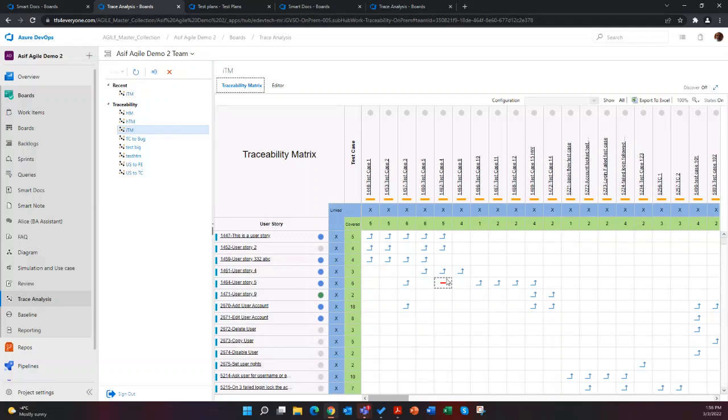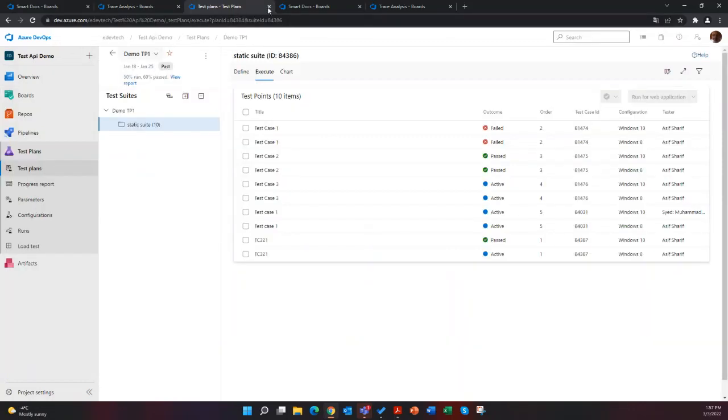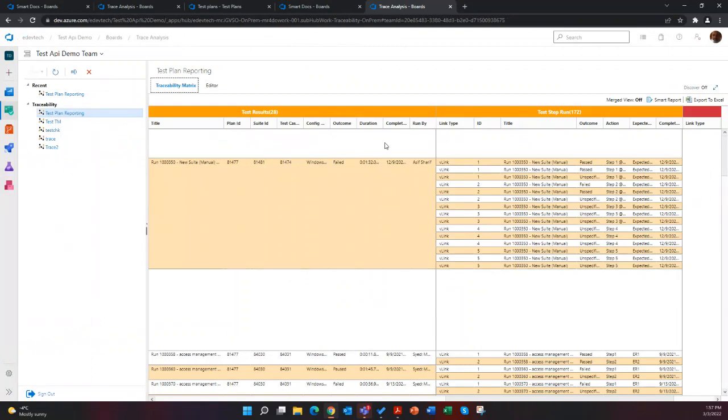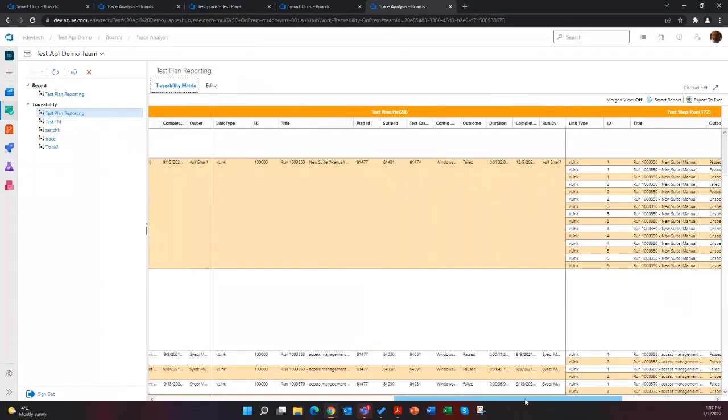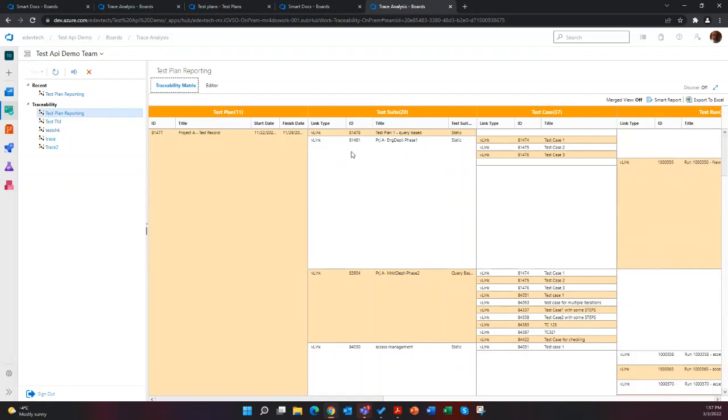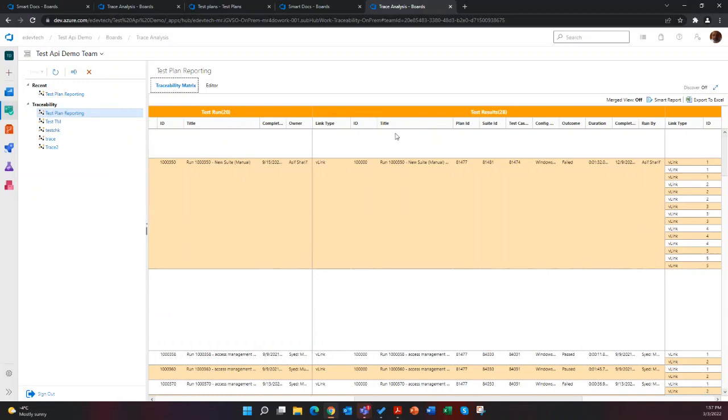But otherwise, if you want to see a report with 500, 1,000 work items, it's going to be a big trace matrix. And the other thing you can do in the horizontal one is minimize the number of columns you're showing. So in this case, you can see this scrolls for a while, and partly the problem is I'm showing a lot of columns. So if you minimize the columns, then it shrinks the size of the content.